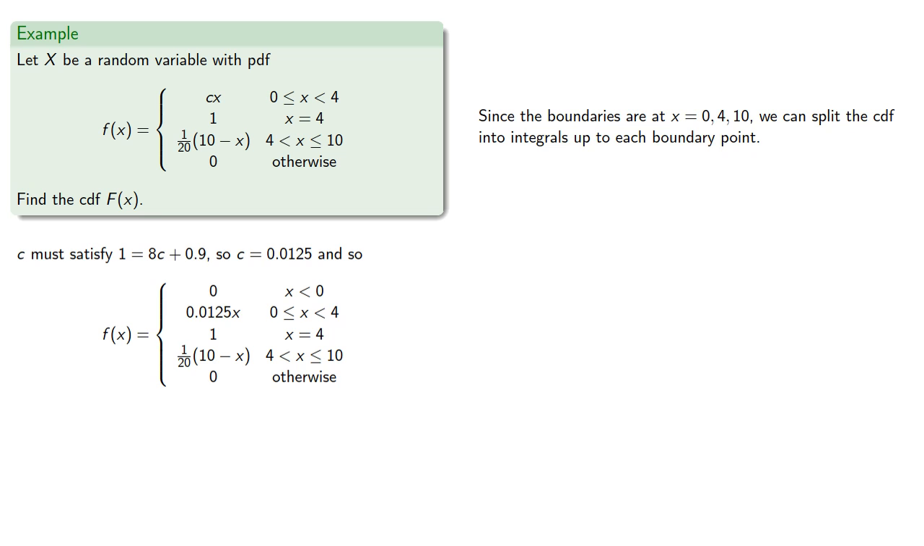Since the boundaries are at x equals 0, 4, and 10, we can split the cumulative distribution function into integrals up to each boundary point. For x strictly less than 0, our CDF will be, but since we're assuming x is less than 0, then on this interval, f of x will also be 0, and our integral will be,